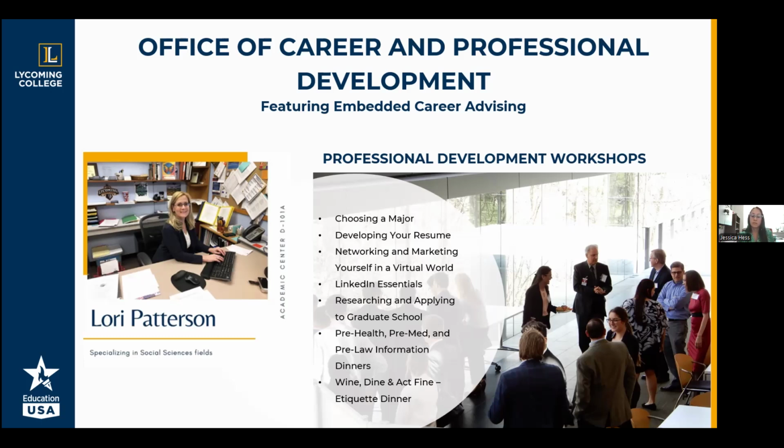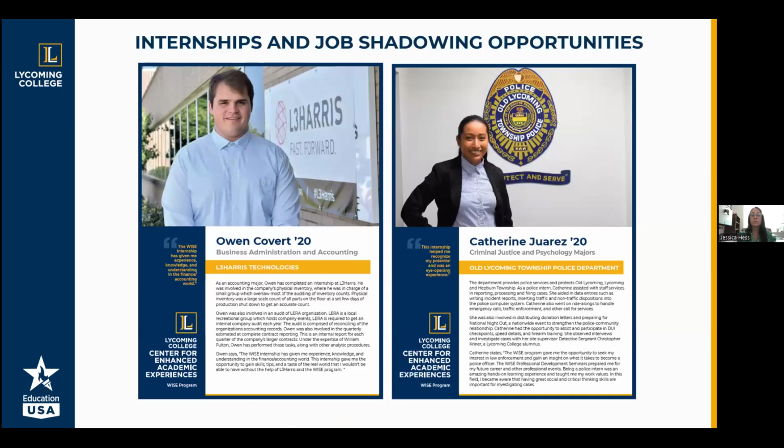We want to make sure that students are using the foundation they've learned in the classroom, but applying it to the workforce, right? Sometimes students will go right into careers after graduation, but sometimes they'll continue in a postgraduate education, right? So students who might be pre-law at a liberal arts and sciences institution can major in